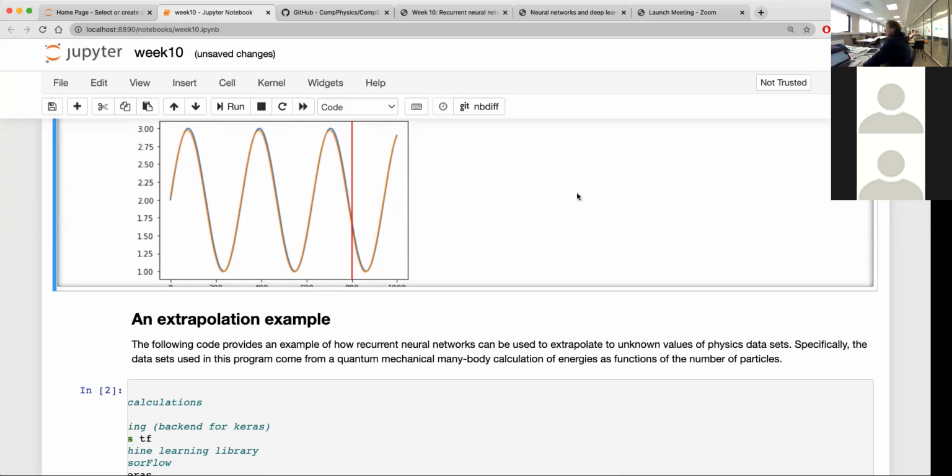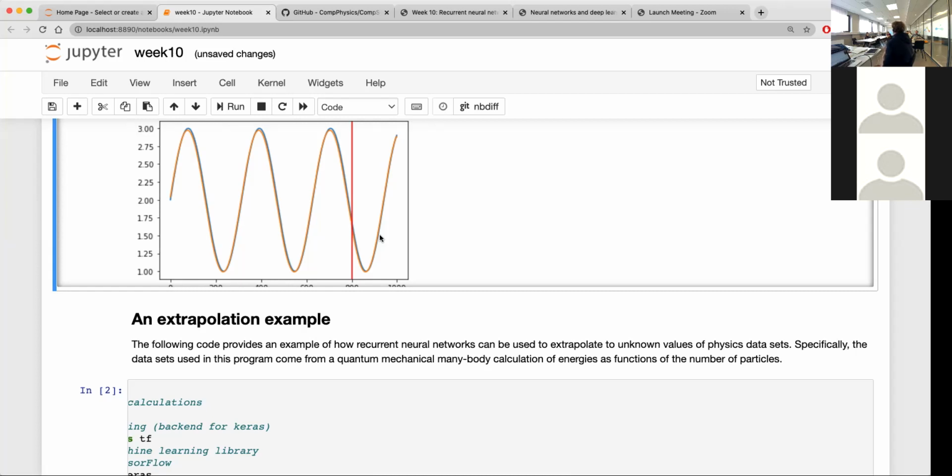So you can now see the blue line is the original data. The orange line is the prediction I make with the network, where the first 800 points are used to fit the model. And then I have my blue line, which you can see here, and also the orange line. So what you see from beyond this red bar till 1,000 is actually the prediction I'm making, where I just trained everything on the first 800 points. So you see how you can use a recurrent neural network.